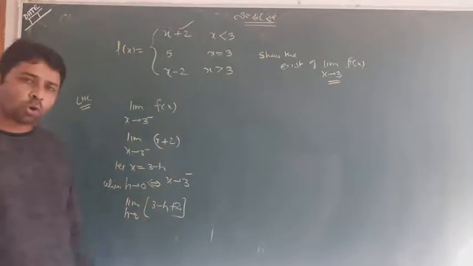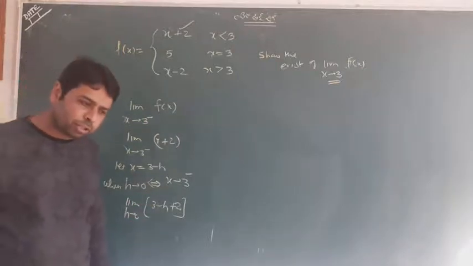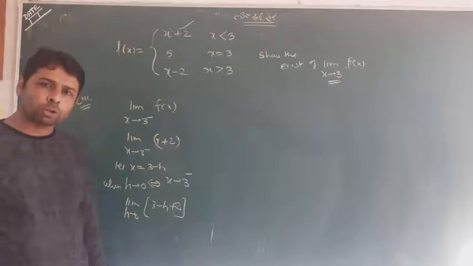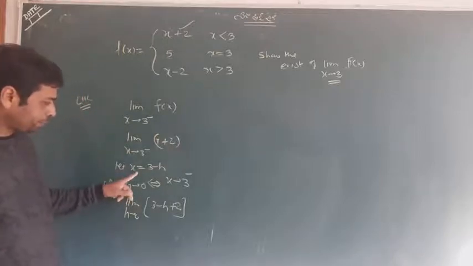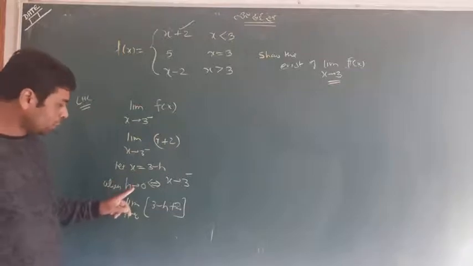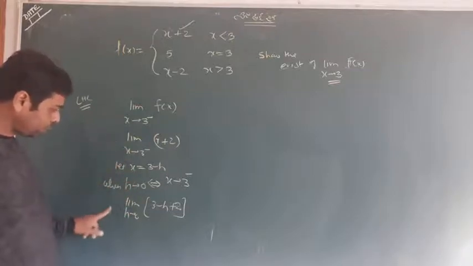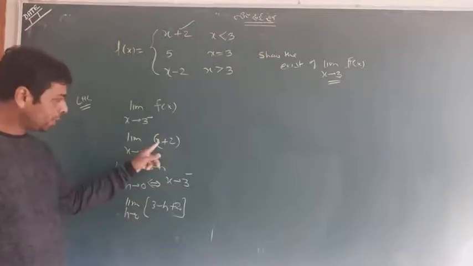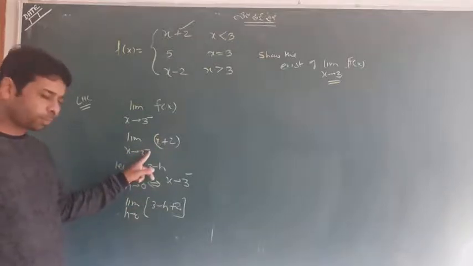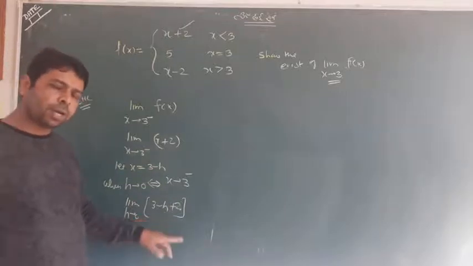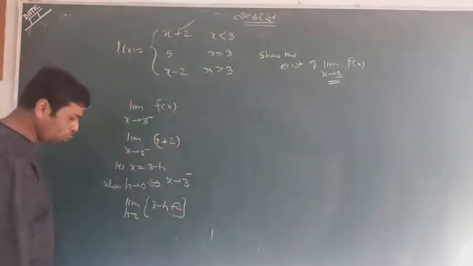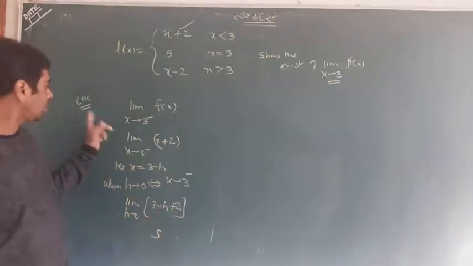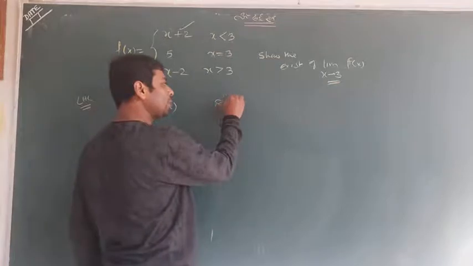So student, this is a so-called method. Now make a little change in habit, and this will be useful to you in class 12th also. You can drop these two terms, skip them and jump right here. Meaning you can write x tends to 3 as h tends to 0, and instead of x you can write 3 minus h. If you are not comfortable, you can do the whole method. H tends to 0, put here 3 and 2, that will be 5. This is a left hand limit. Now I am on a right hand limit.